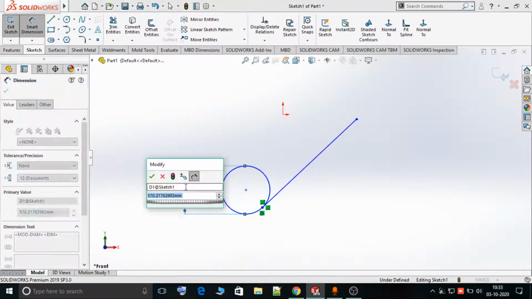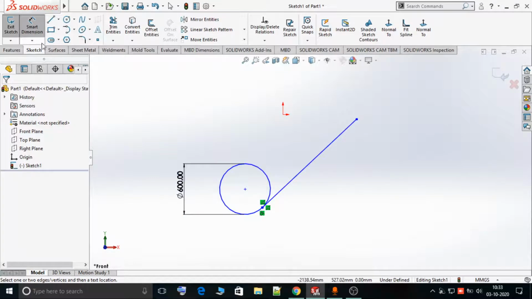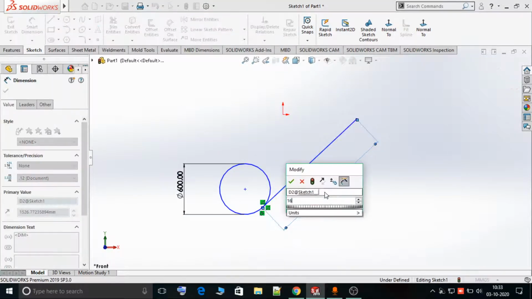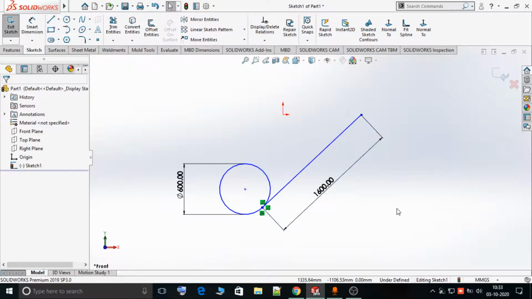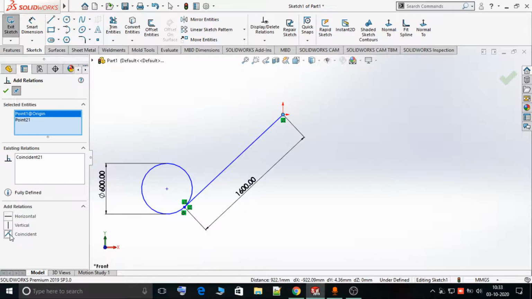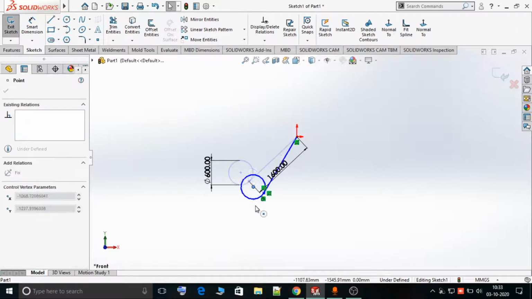Suppose this circle diameter is 600 mm, and the length of this line is 1600 mm. Again it is not fully defined. Now I try to fix one of its points. Suppose I add a relation between this point and this origin, which is coincident. Again it is not fully defined, because as you can see I can still rotate this sketch.